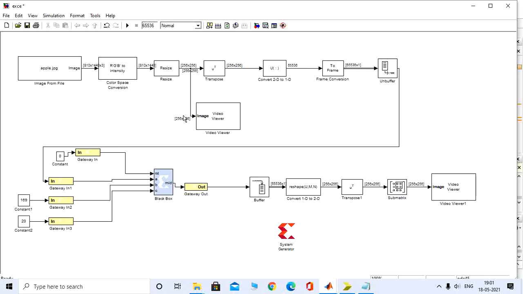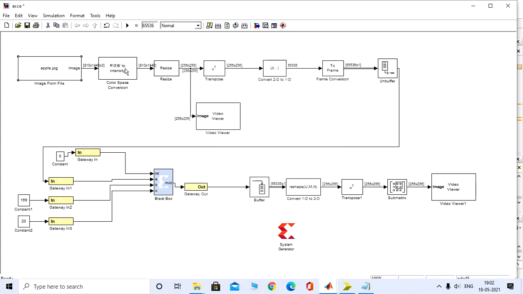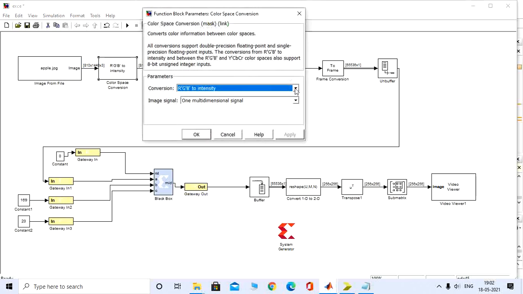Now here you need to make certain changes to the blocks. So image from file, double click on that. Okay, you will get a tab like this. Here you need to browse to whichever image you want to process. Say OK. Then color space conversion, here you have to select RGB to intensity.